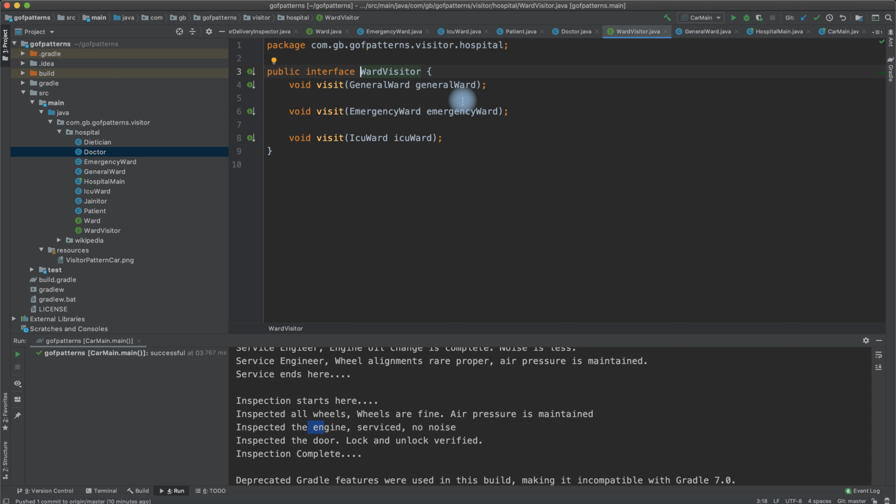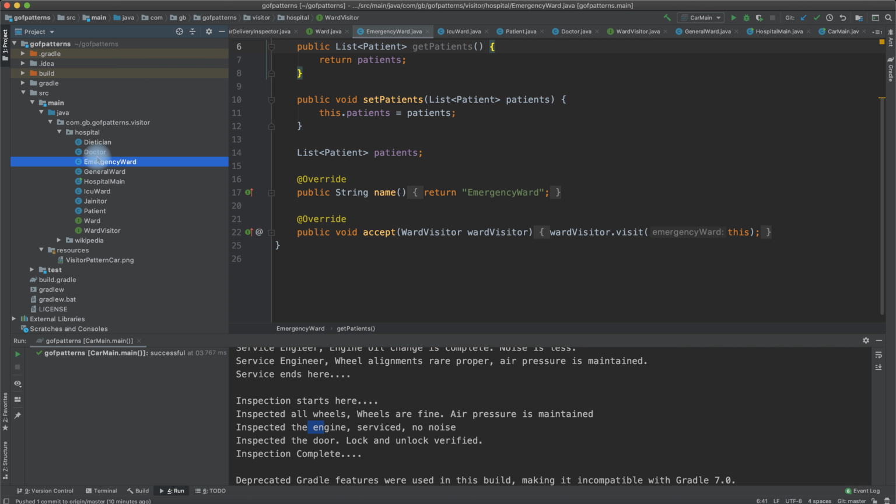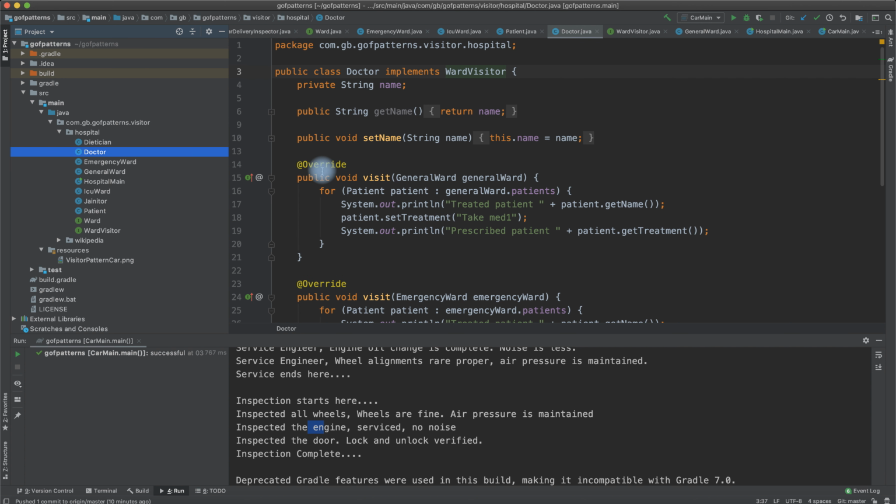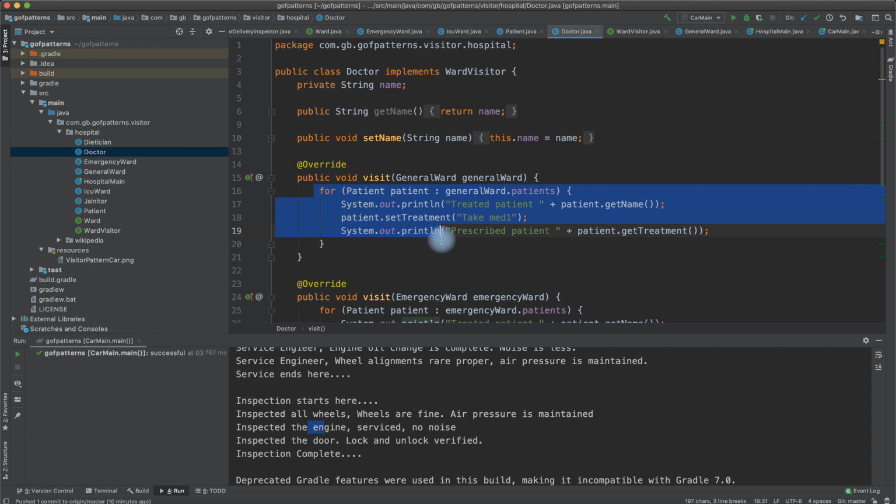Ward visitor will visit an ICU ward. So let us look into the doctor. The doctor is a ward visitor. What is he doing? The doctor goes and visits a general ward. For each patient in the general ward, the doctor is going to treat the patient and prescribe a medicine, which is called, say, treatment. Okay, take this medicine, consume this medicine,